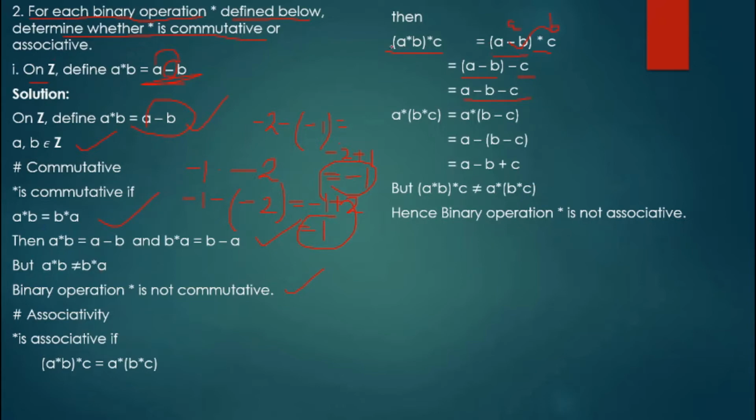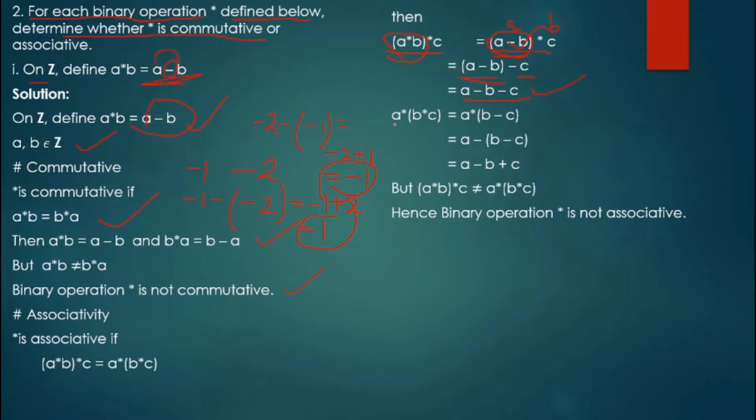Never forget, here you might get confused. How did we write A minus B? In the question, A star B is defined as A minus B. Instead of A star B, I have written here A minus B. Again, next step, we take it in the form of A star B. Now this whole thing, A minus B, is A and this C is B. So A star B again: A minus B is A, and according to our definition, A minus, what is B? C. Got it? When you remove the bracket, you get A minus B minus C.